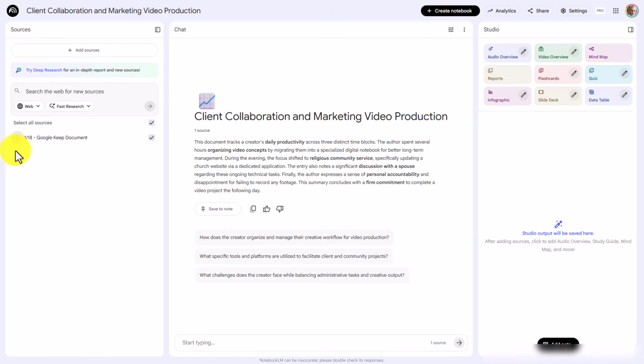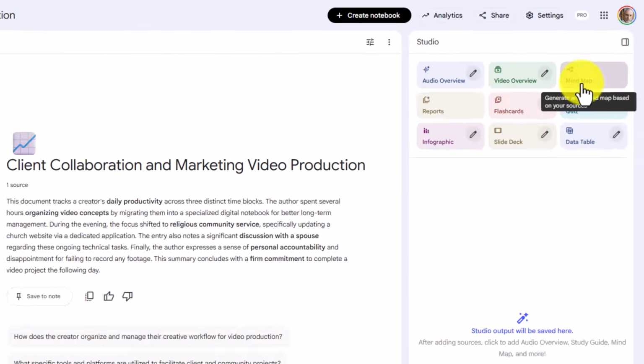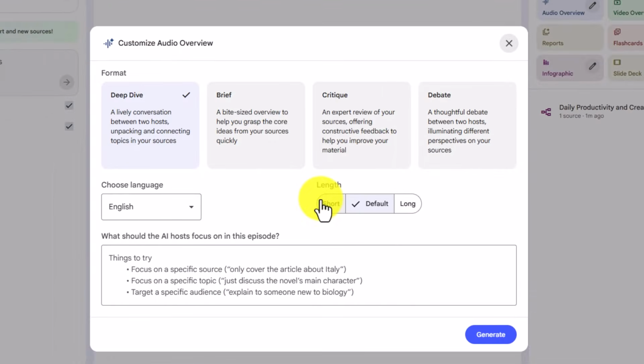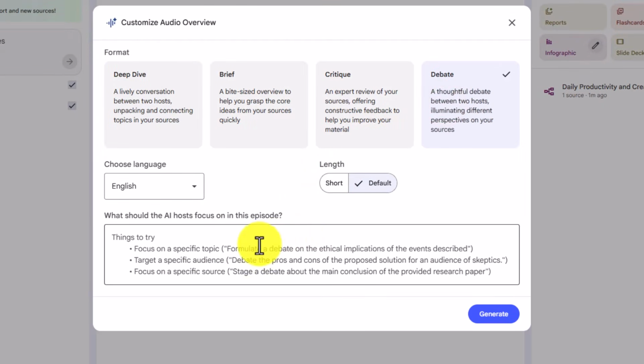So the next day that I'm going to do this, I'm going to have another dated document that will look exactly like this one. Now, at any given time in this process, I don't have to wait 30 days in order to start benefiting from the assessment that I'm making. I can generate a mind map of my process. I could generate an audio overview,